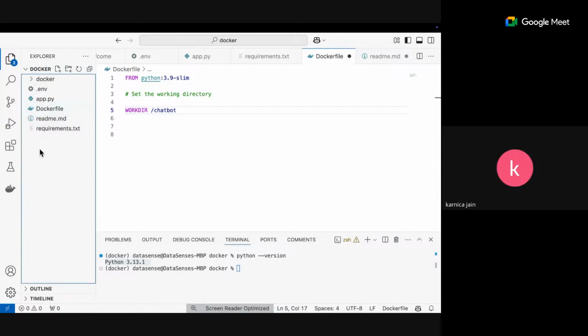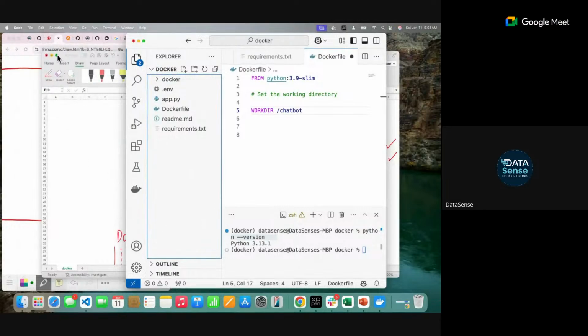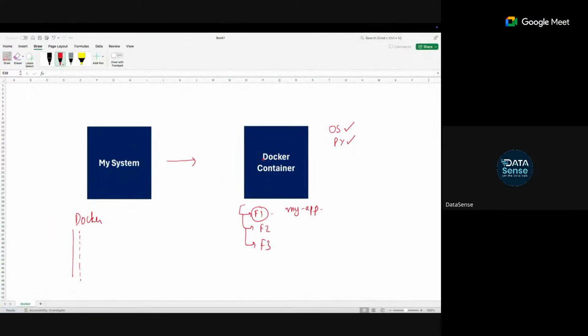Guys, yes or no? Can you explain this again? Like, what are we doing exactly? Tell me, you have code present in your system, right? You need to put things in a Docker. Agreed? So you need to transfer something from your system to the Docker container. Agreed or not? The code is present right now in my system. In the Docker image or container, it's empty right now. So I need to move the files from my system to the Docker container. Is this concept clear? This much clear?